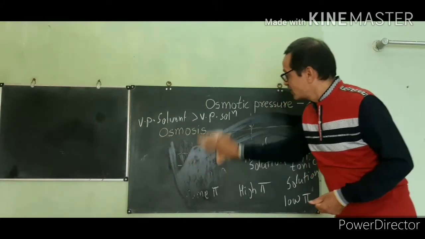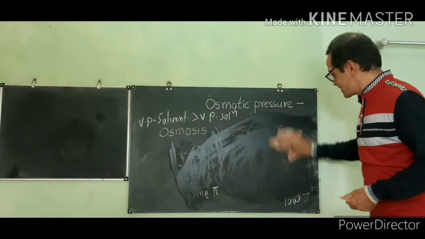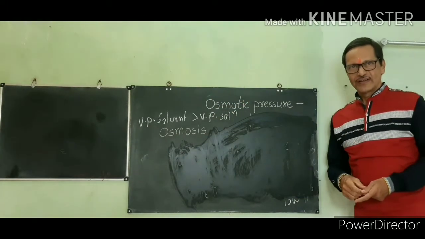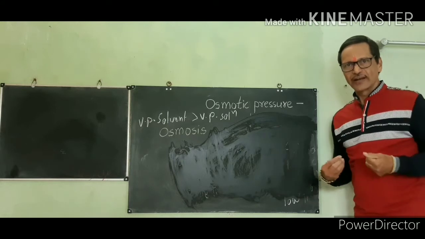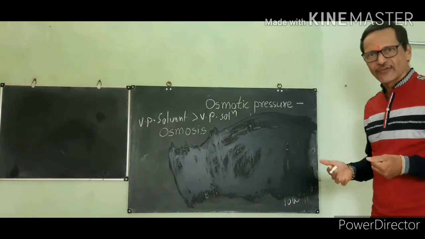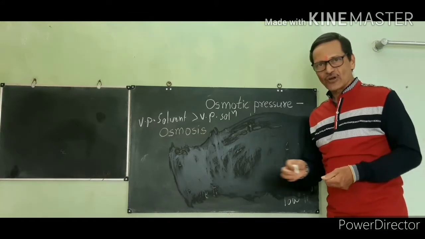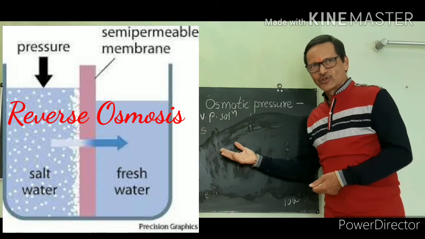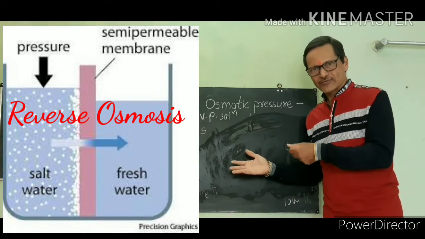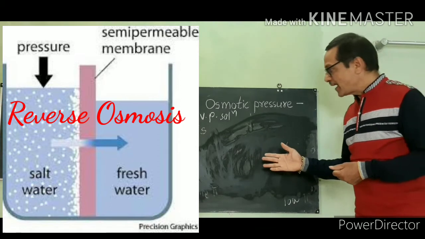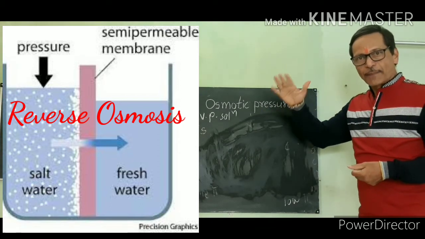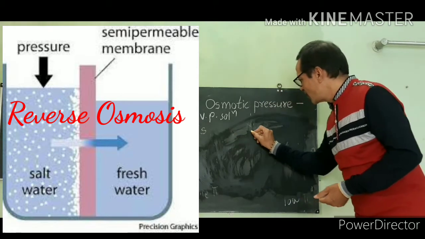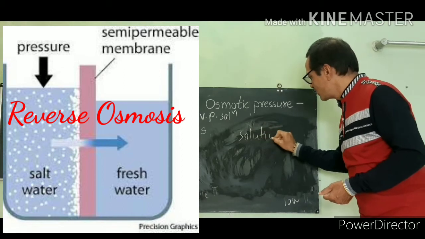Now, in Arab countries, there is a lack of drinking water. So how can they manufacture drinking water? It is based on reverse osmosis. It is given in this diagram. You will see in this diagram what reverse osmosis is. So when a pressure is applied on the solution side,